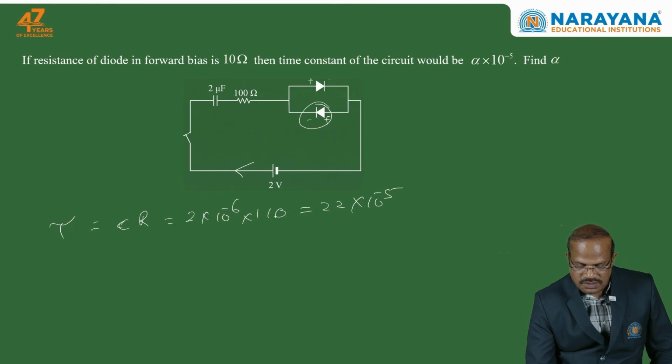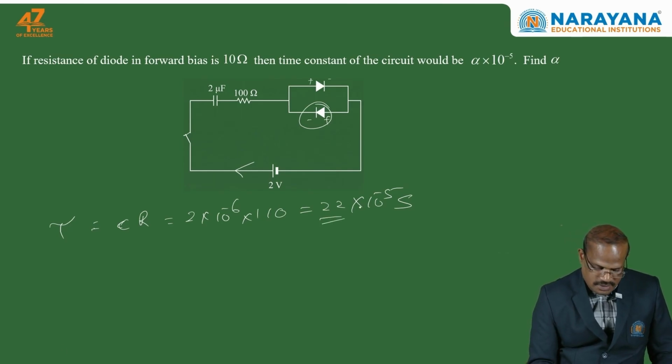So 2 into 11, 22 × 10^-5. The capacitance is 2 × 10^-6, R is 110, 100 plus 10. So 2 into 11, 22 × 10^-5. This is the time constant in seconds. So alpha will be 22. Next,